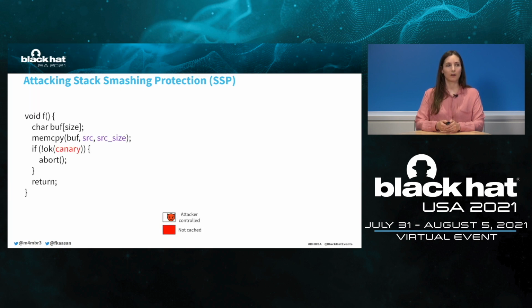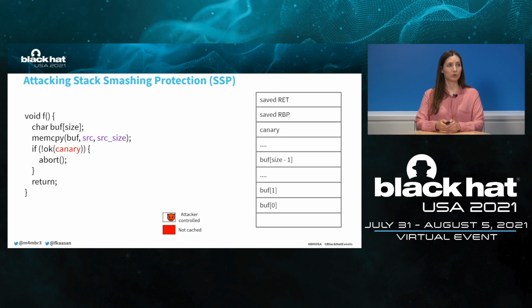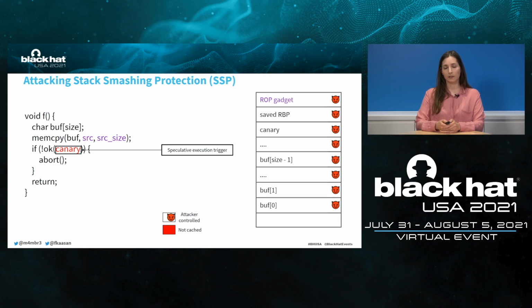This code example shows a function which is vulnerable to stack buffer overflow but is protected by SSP. There is a call to memcpy which has an attacker-controlled source and size, which overwrites the stack past the stored return address. The malicious payload will be architecturally written to the stack in this case. The canary check makes the stack buffer overflow vulnerability unexploitable. In an attempt like this, the program will abort due to the canary mismatch. However,